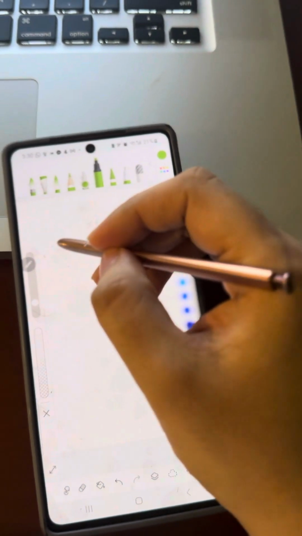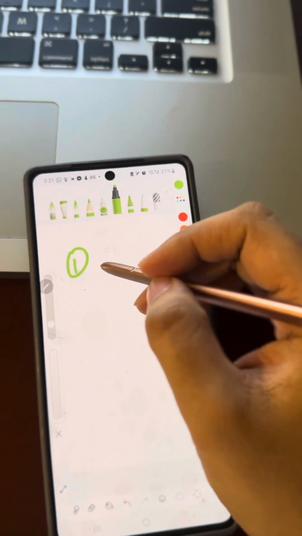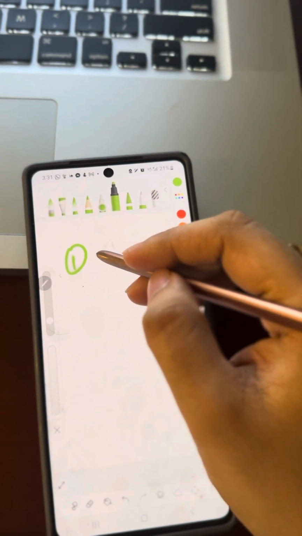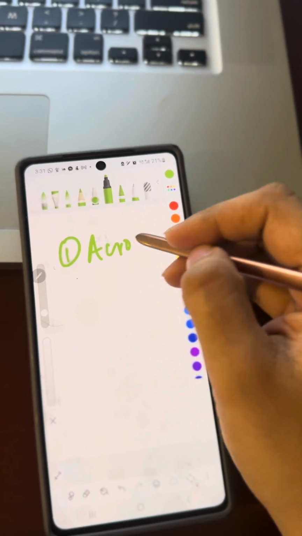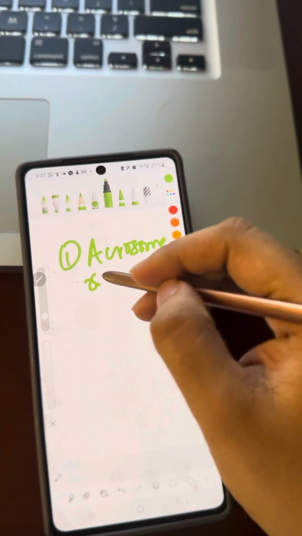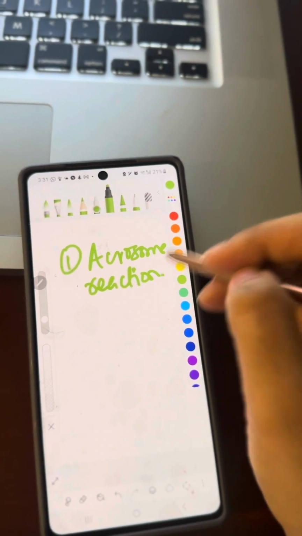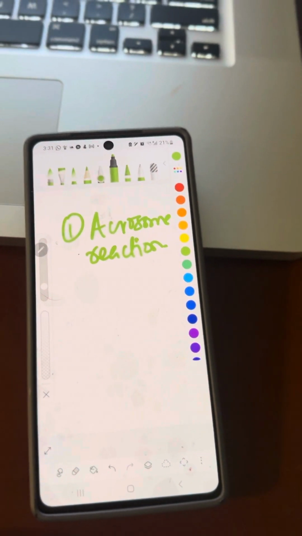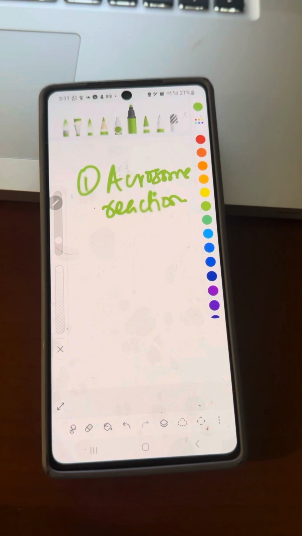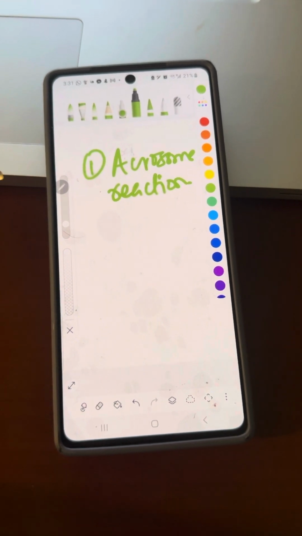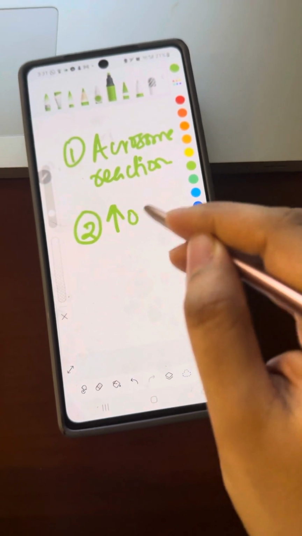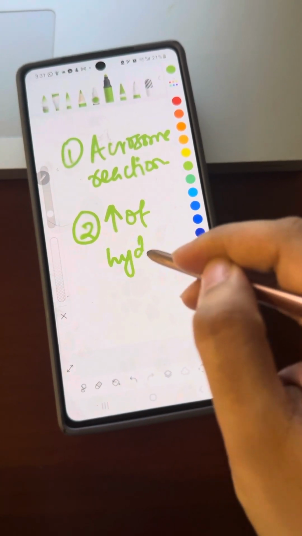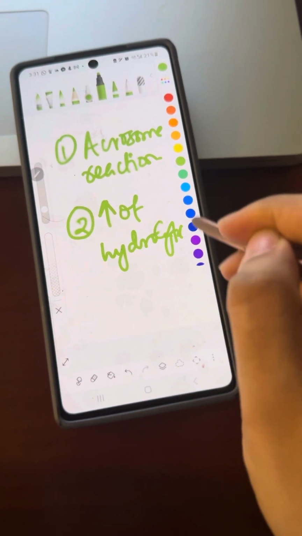be kept in mind. Number 1 is the acrosome reaction, where the protein removal of the plasma membrane happens, and then the other part is the release of hydrolytic enzymes, which is going to be helpful in the